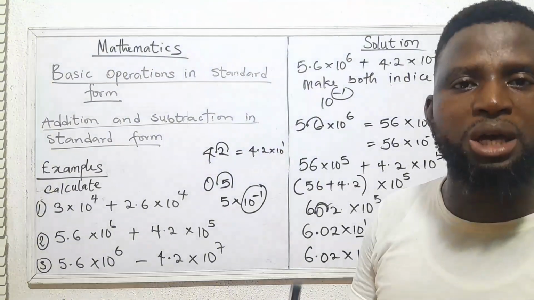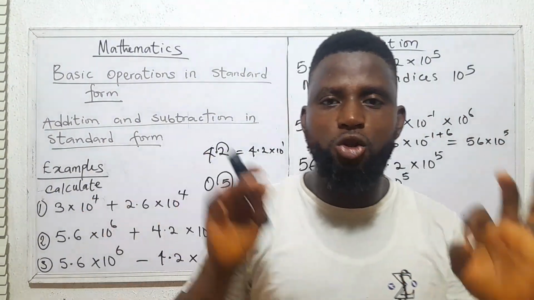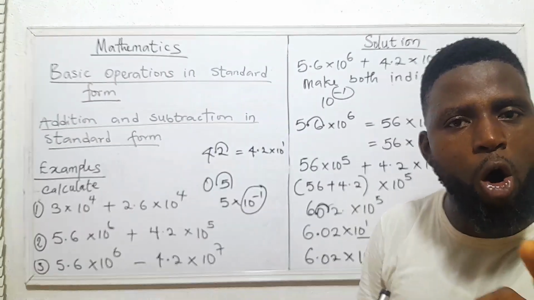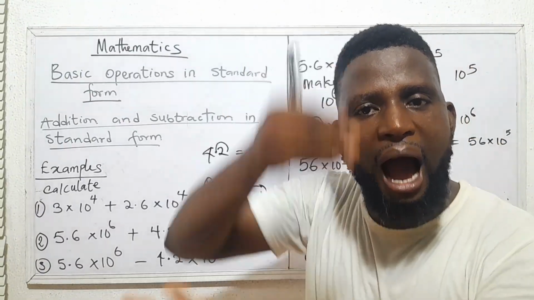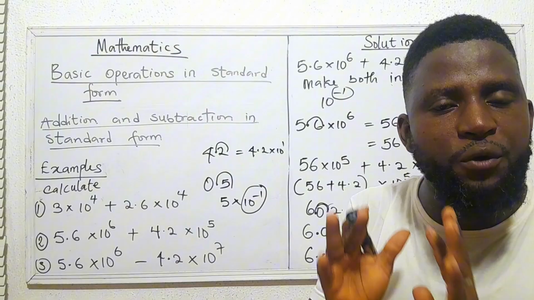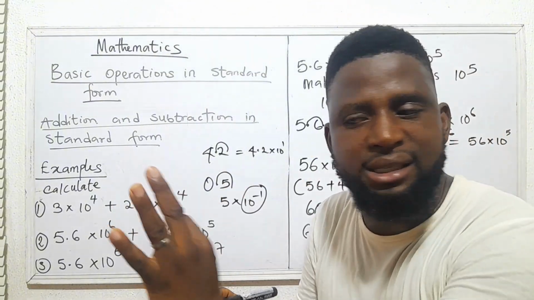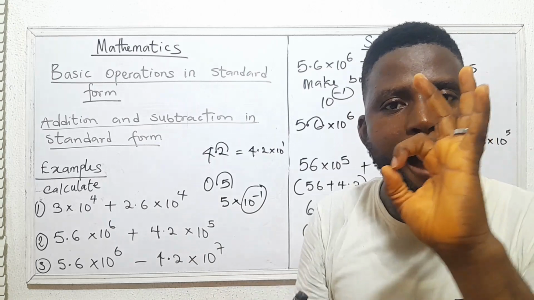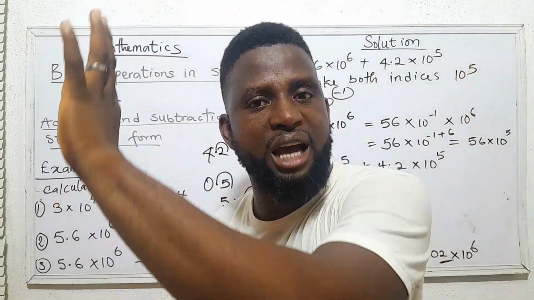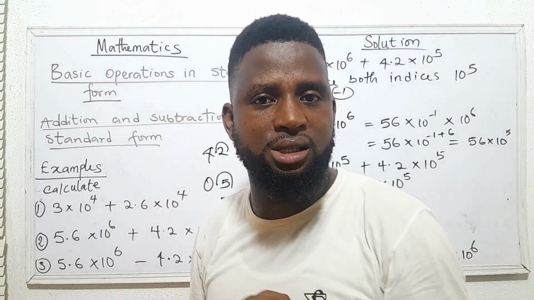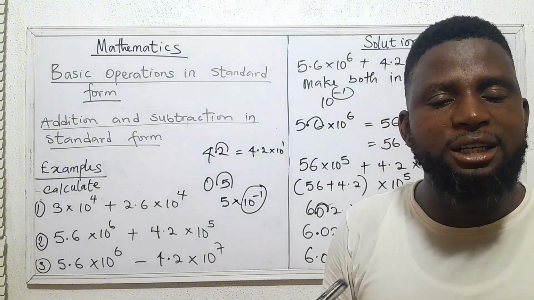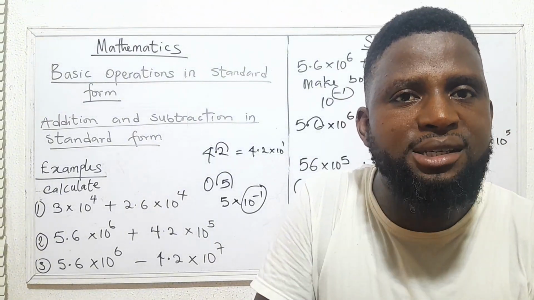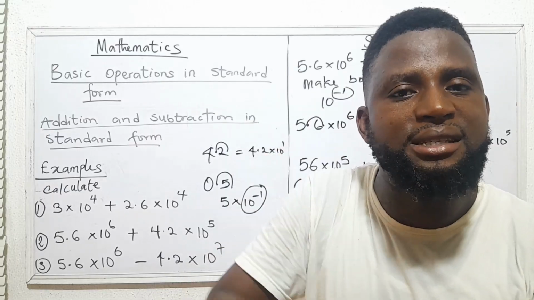What does that mean? It means to add or subtract numbers in standard form, number one, you must first ensure that their indices are the same. Now, when we've confirmed that their indices are the same, we now go ahead and add the two front numbers and pick one of the 10 raised to the power, one of the indices, right? And then number three, you must ensure that your result or your answer is in correct